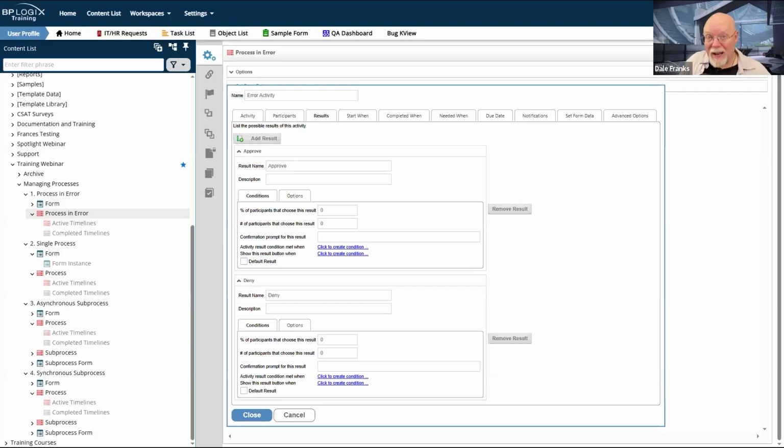The activity cannot end. When a user activity starts, it immediately invokes a user task. The task has to be completed by the user with a result. That's a little misleading. It doesn't necessarily have to be completed by the user, but it does need to be completed with a result, whether the user manually selects that result or whether I specify that result via either a result condition or by setting it as the default result.